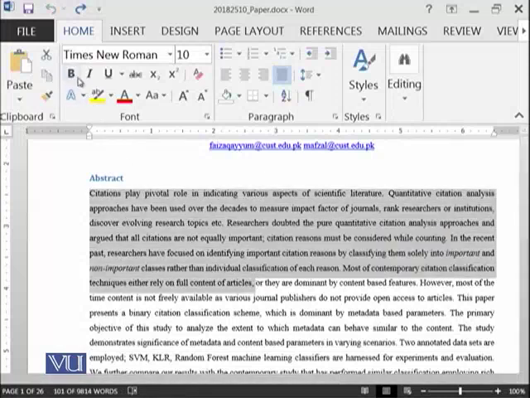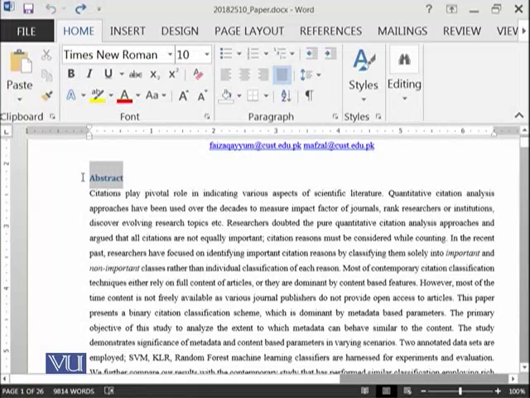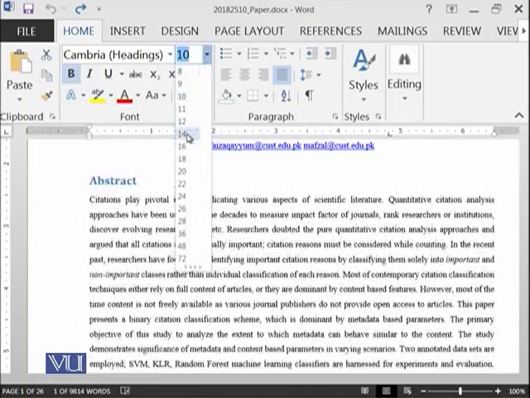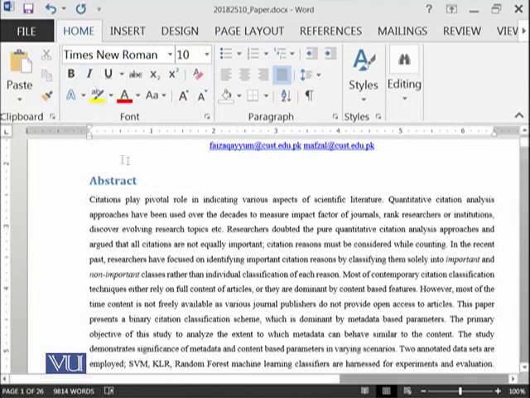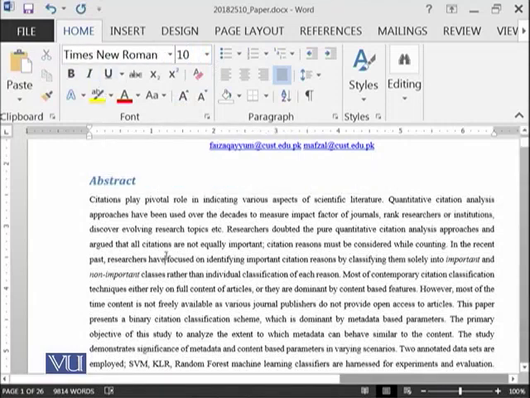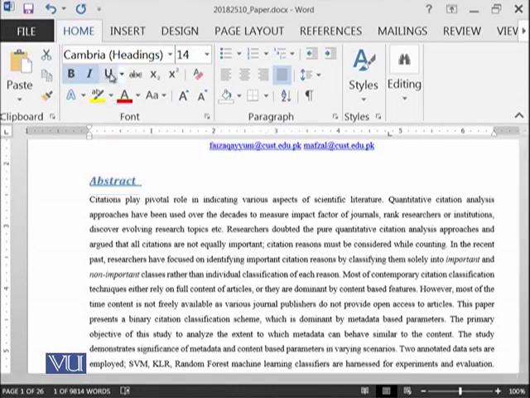If you want to highlight, for example, this heading, let's make it bold and a little bit bigger in size. Then you can also make it italic, and you can also have underline. You have seen that there is no underline even after I clicked because I have not selected the text. So let's select first and then perform the underline.